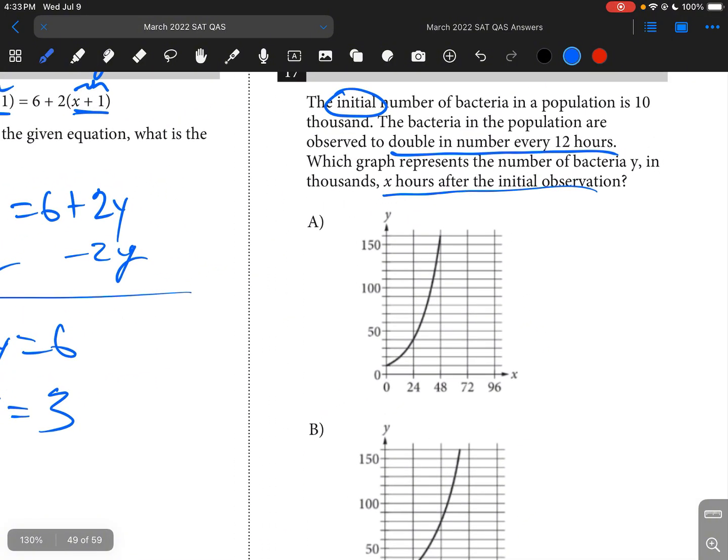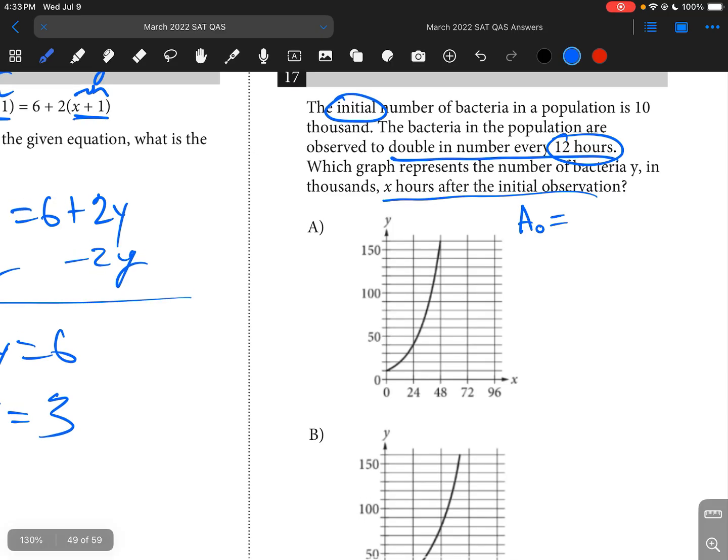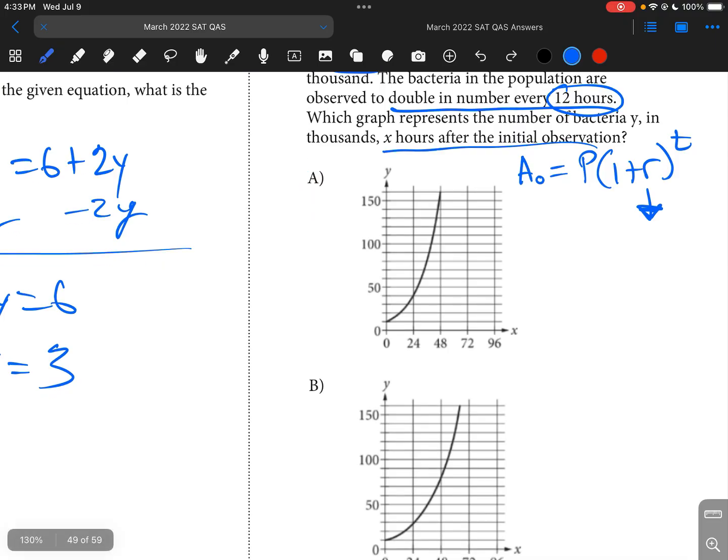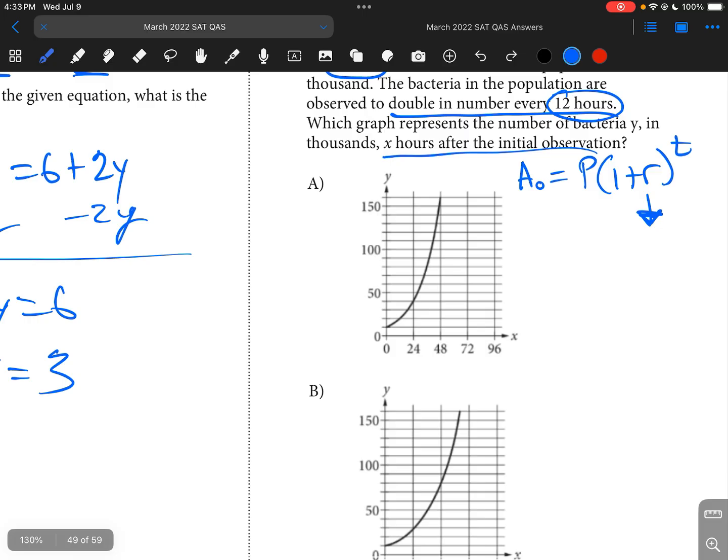Because they gave you the growth in terms of 12 hours instead of 1, what you need to do is graph the exponential growth of this problem. The formula for that is A naught is equal to P, your principal, times 1 plus your rate, to the power of t, the time. But we want to find what the rate is for 1 hour in order to generate one of these graphs. So if we assume a principal of 1,